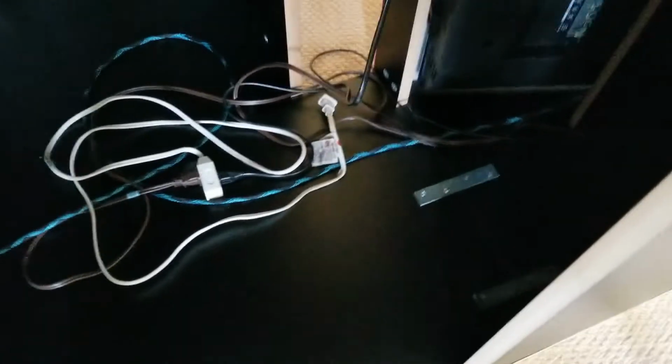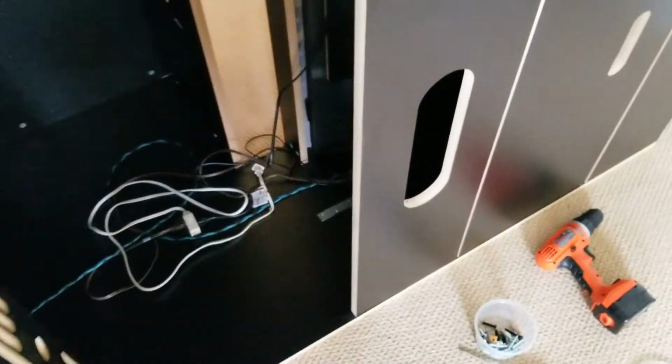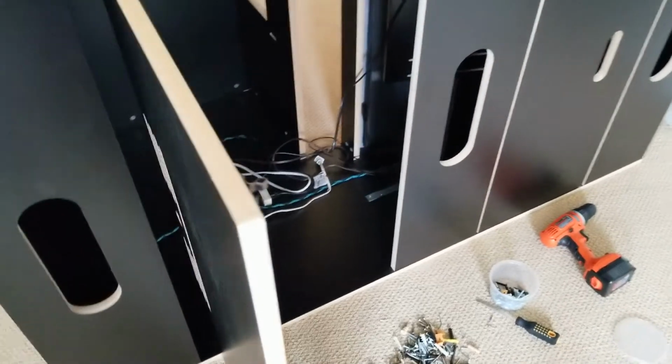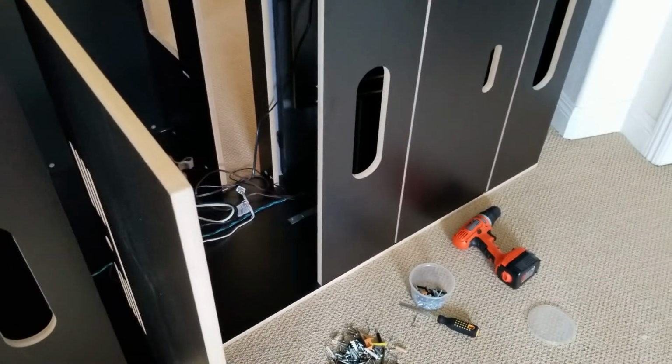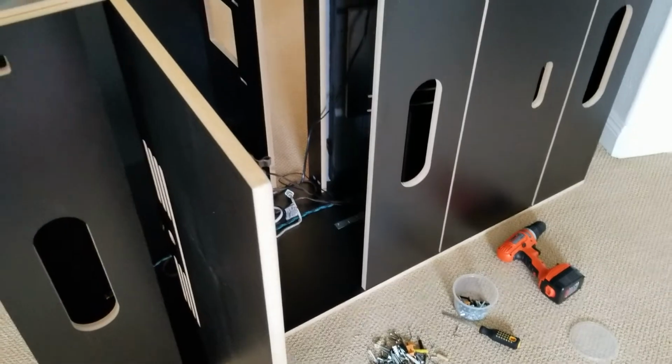All right, so I got the other mending plates put on the other side, and I don't know if I lost them or what, but it didn't seem like I had enough screws. So I had to grab some of my own screws that I found and got it on here. But I gotta tell you, so basically you just open up the back door, you lean in, and the holes were not lined up, so I had to drill my own holes and screw them in, but finally got it